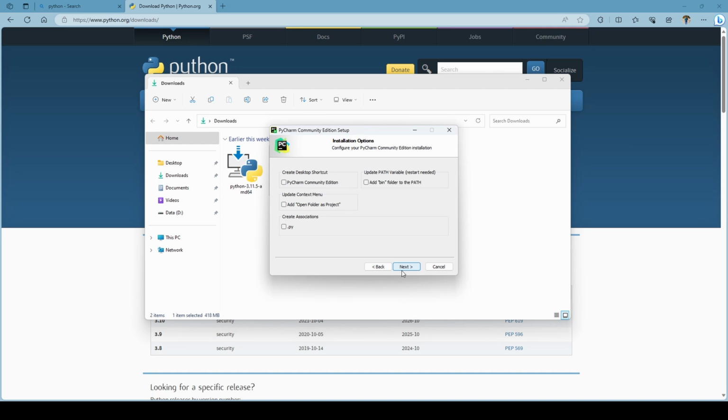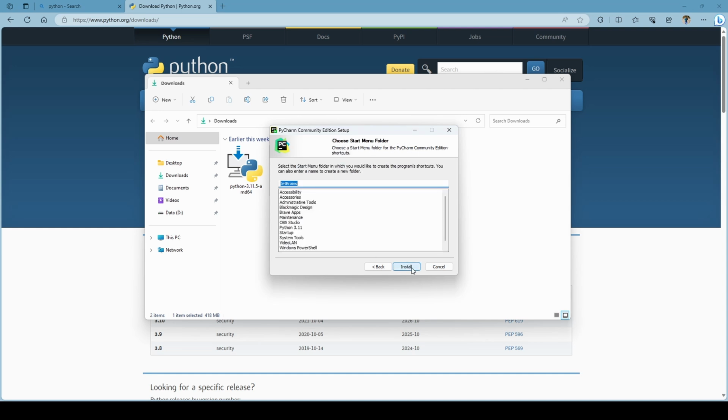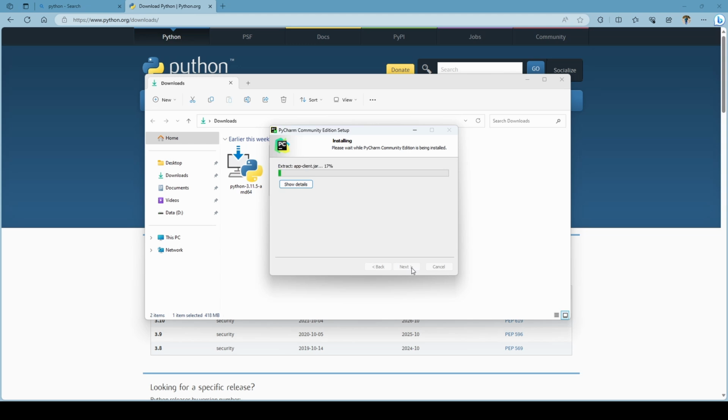Also Anaconda is there, many other things are there, but I would prefer PyCharm because I personally like it. That's why I'm trying to make you understand this IDE. We can also use VS Code, but particularly for Python development, I would prefer PyCharm. It will take some time to install, so I'm fast forwarding it.